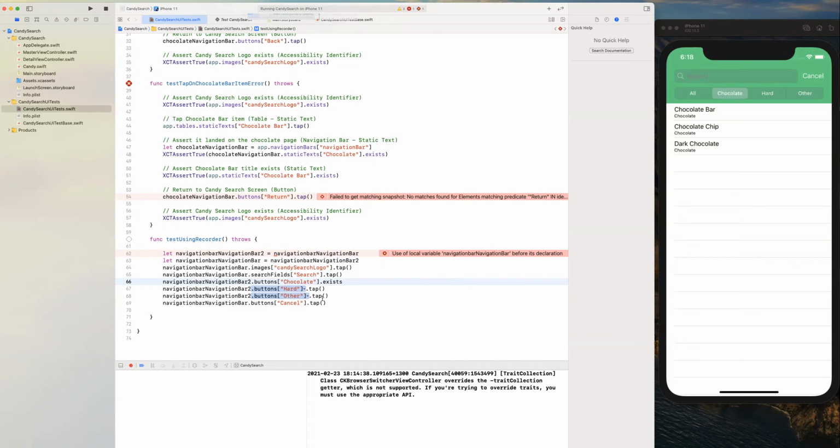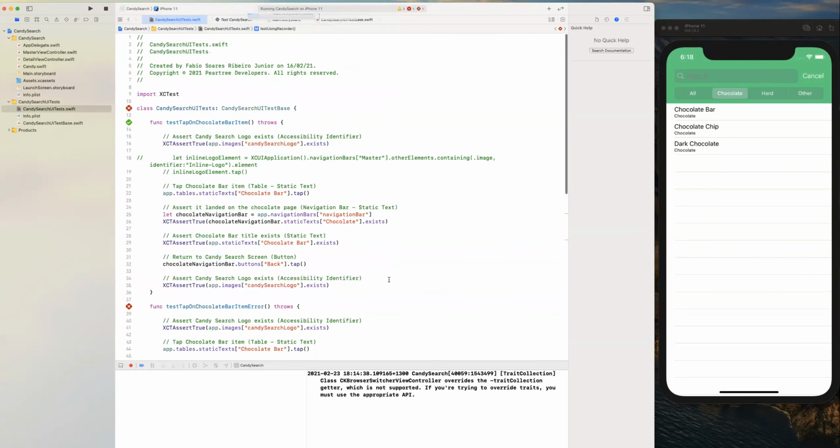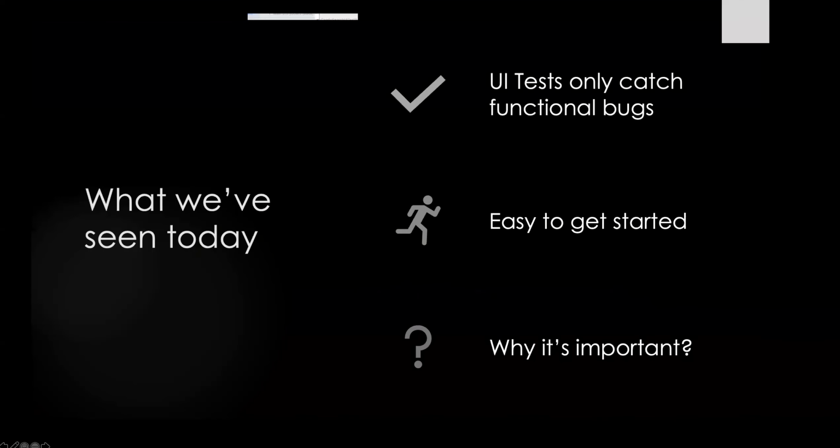Cool. Yeah, let's go back to the slides. Sweet. So yeah, guys, what we have seen today. I forgot to mention one thing. We call it UI test, right? And we call it the XCUITest framework. But one thing I didn't mention is that,